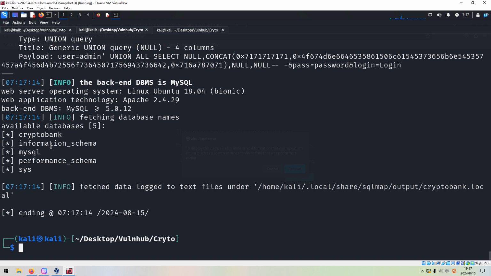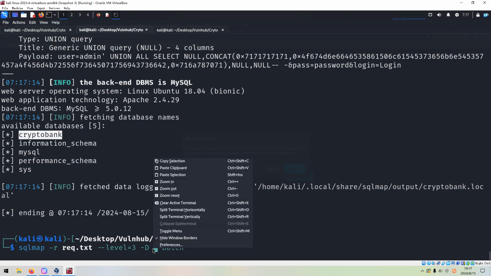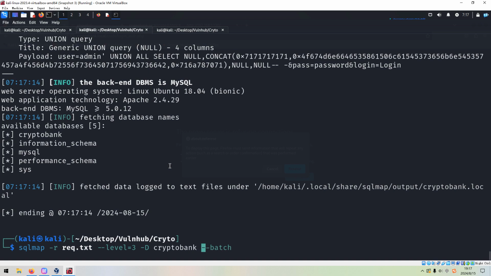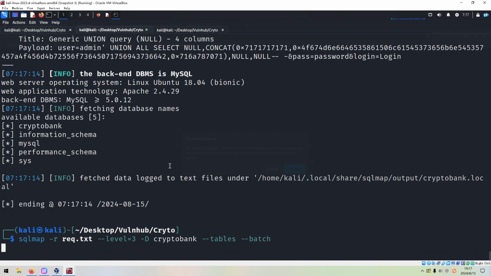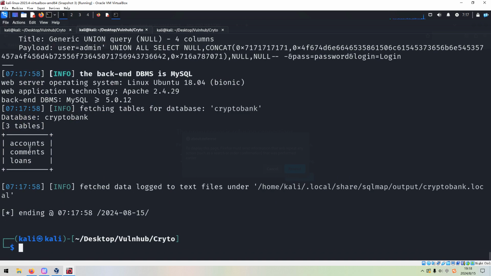Okay, so next we try to get the data. We can copy the database name. I want to know how many tables and what tables are in this database. So we can use --tables, and there are 3 tables, and this one, accounts, always contains some credentials information.